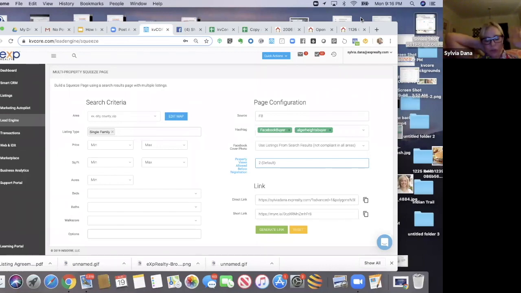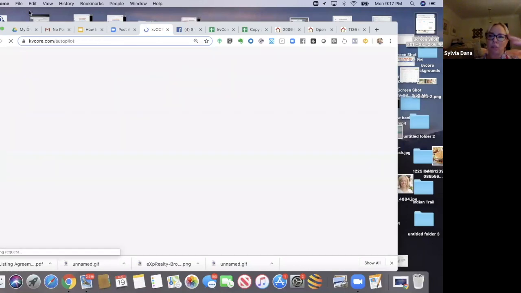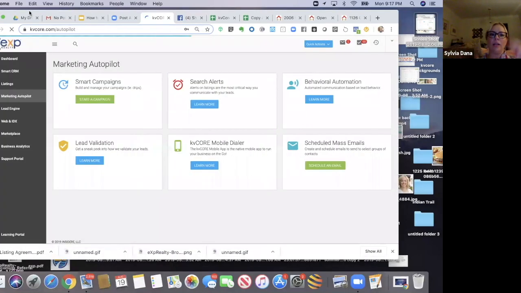So you're creating a variety of different types of squeeze pages, putting it out there online, seeing who's going to take a bite. And then you want to use the hashtags to organize these people, or use the hashtags to trigger a certain campaign. So what I want to do right now to finish the thought, so this is kind of a complete thought, is